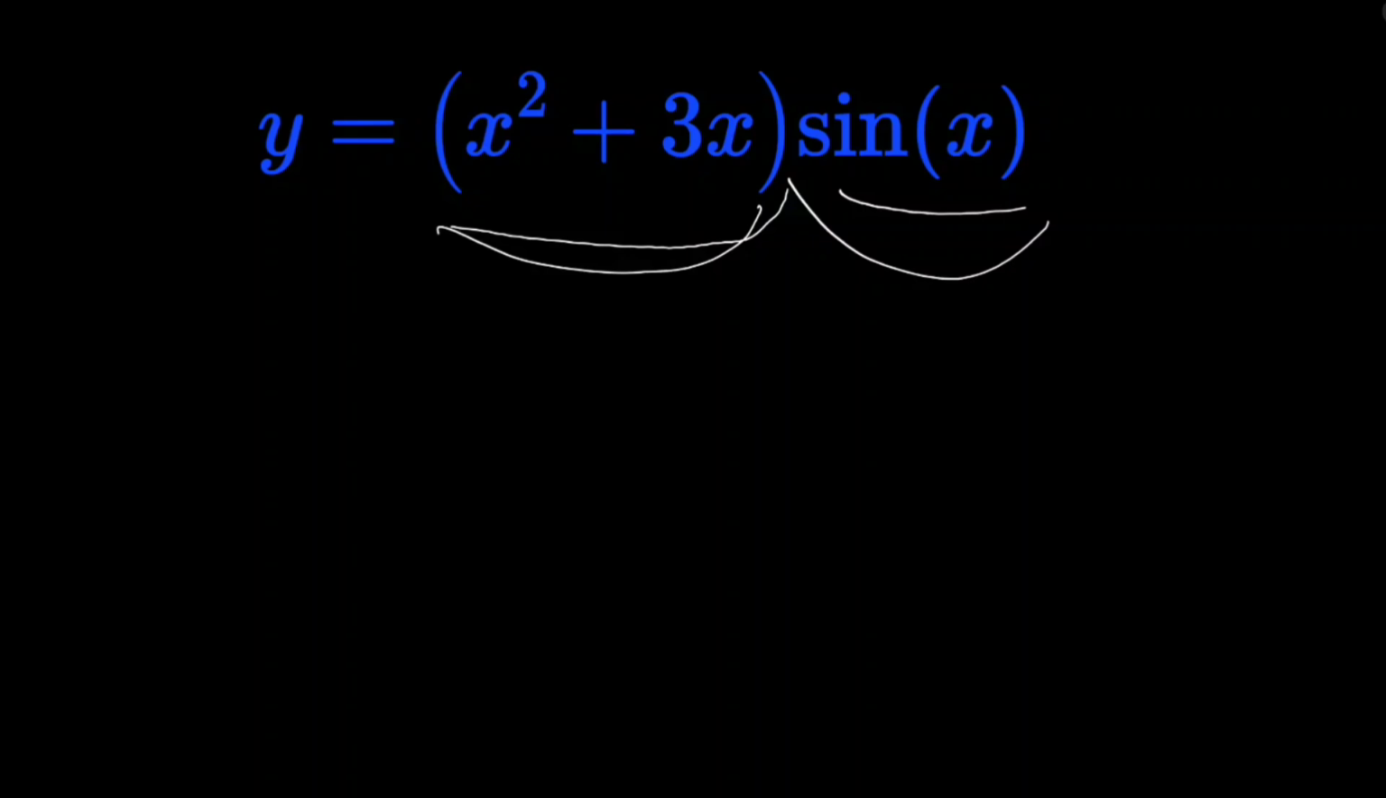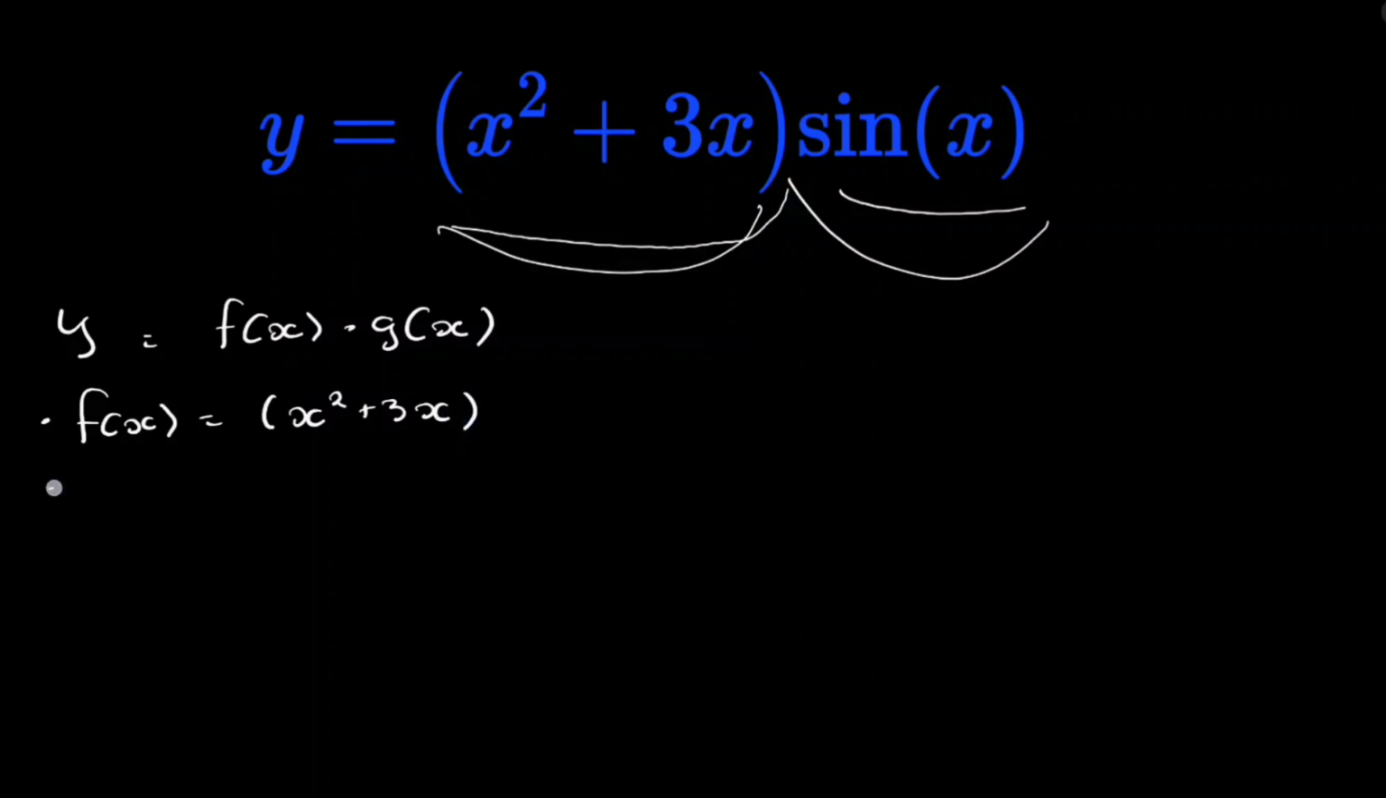What does that tell us? That tells us that y can be written as a product of two functions, where f of x, our first function, is x squared plus 3x, and g of x, our second function, is sine x. So perfect. After identifying that y can be written as a product of two different functions,